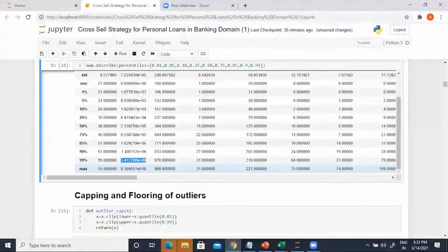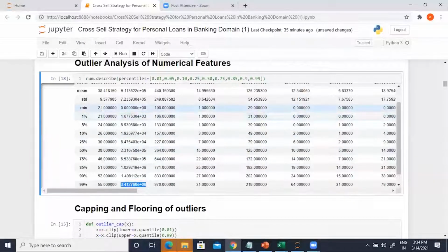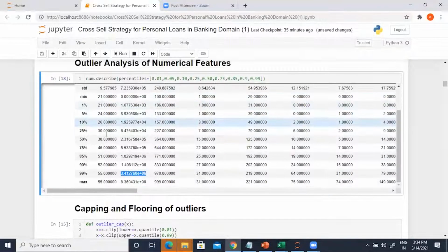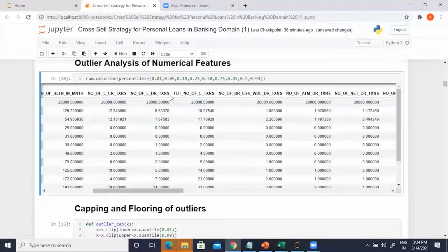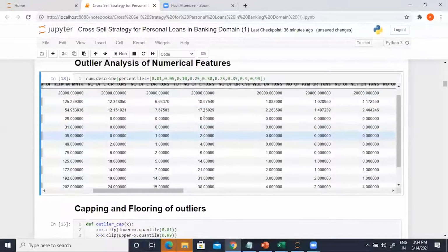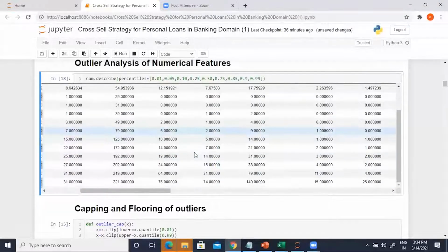Okay. Now, once we get this describe output for all the features, you can try and see where you have outliers. So for example, in the case of age, in the bottom end, there are no outliers. In the top end also, there are no outliers. But in the case of balance, there are some outliers. But what about the other ones? What are these? Total number of transactions, right? Here again, on the minimum side, I guess there are no outliers. But in the case of maximum, there are some outliers here. So between 31 and 74, it's quite a jump.